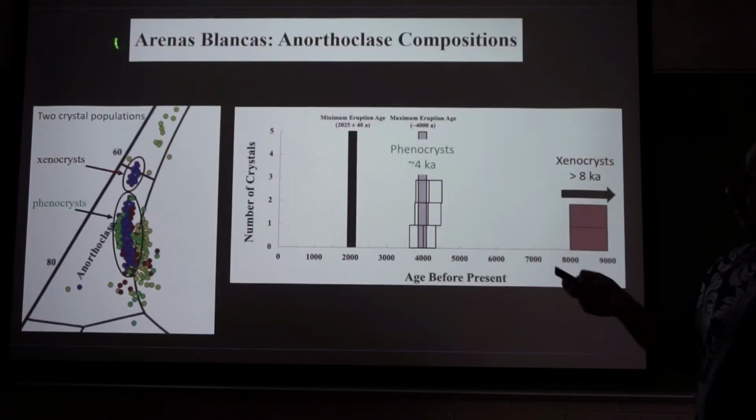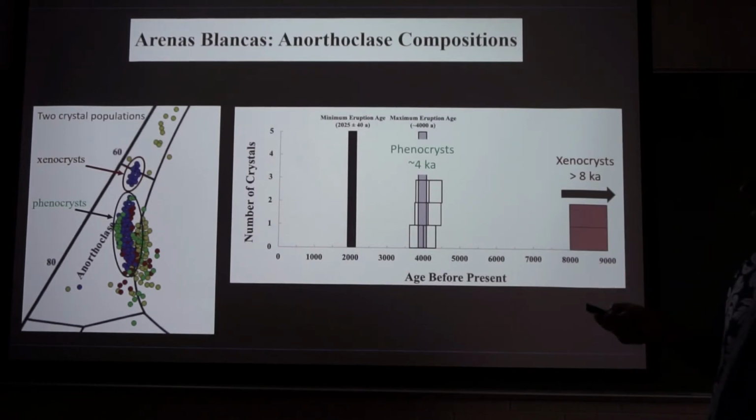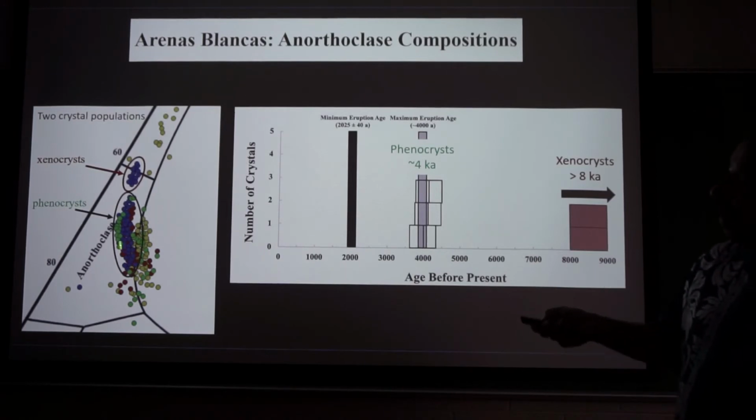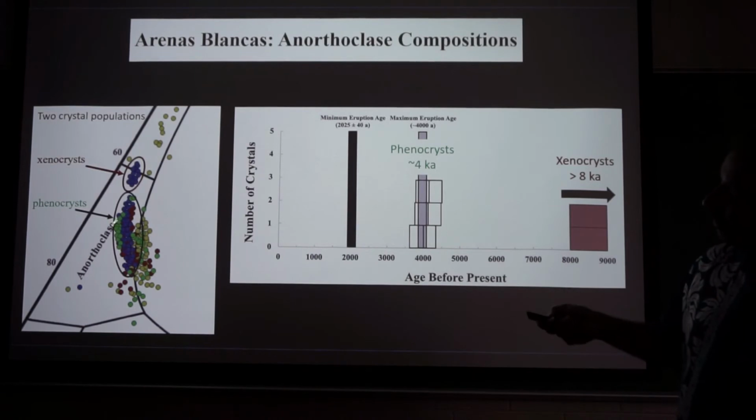Looking at the next flow in the Las Cañadas caldera, this is Arenas Blancas. It has a minimum eruption age of 2,000 years, a maximum stratigraphic age of about 6,000 years. And when we analyze potassium feldspars in Arenas Blancas, we see 2 populations. That's what these blue dots are. There's a lower calcium and a higher calcium population of